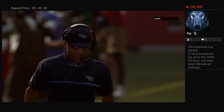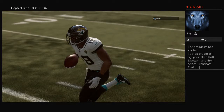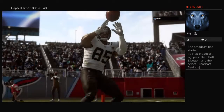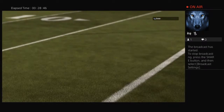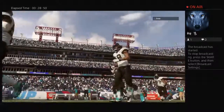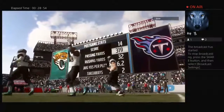A road win in the National Football League. Charles, you never take that for granted no matter who you're playing, no matter where you're playing. You take it and you run with it. And you know you primed the pump all week in your own home facility. No one thinks we can do this. Only people who believe are right here in this room. And then you go on the road, band together, and get it done. So for the Jags, their winning ways continue as they